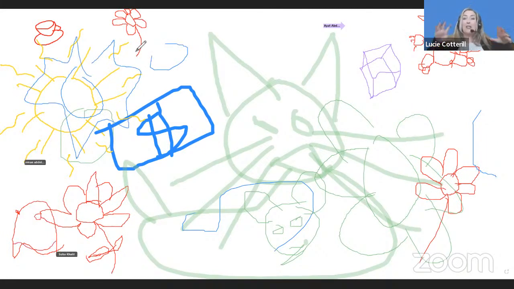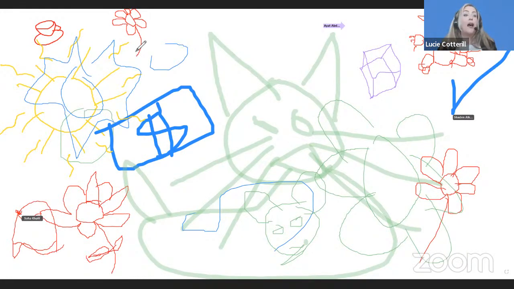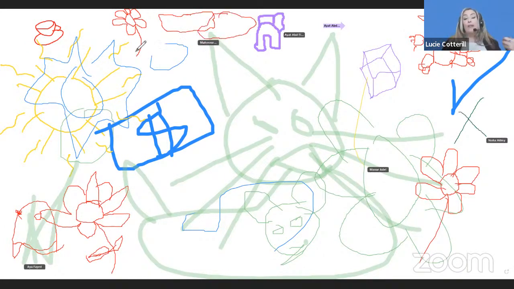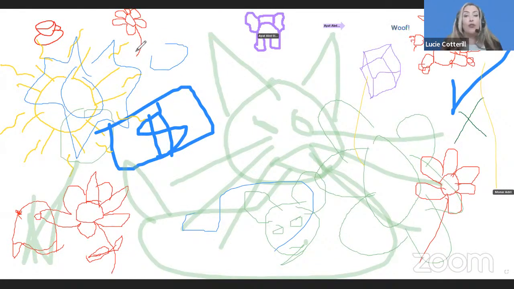Okay, now obviously we're doing it on the digital whiteboard today, but you could also do it on a normal whiteboard or a blackboard, where you ask each student to come up and draw whatever they feel like on the board. Now, when they draw it, I normally ask them as well, once they finish their little drawing, to say why they drew that.